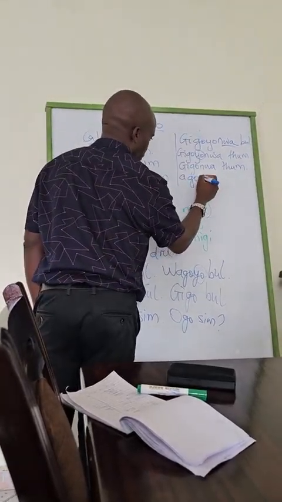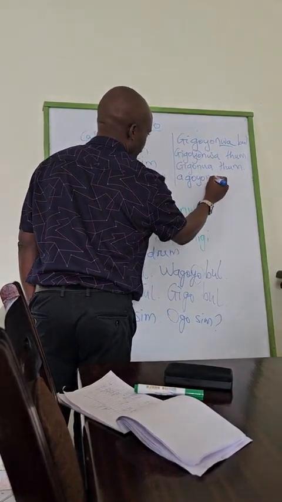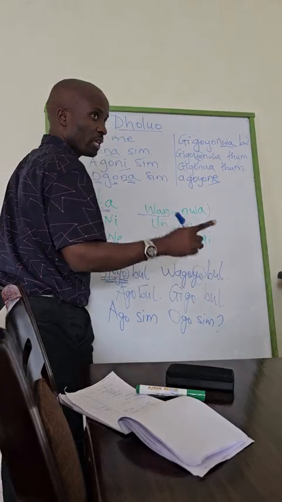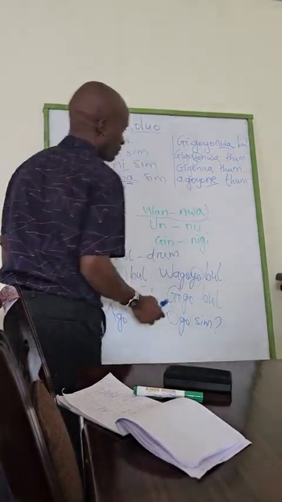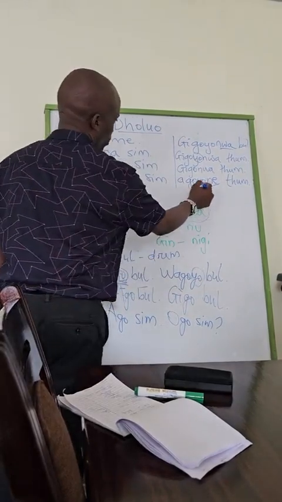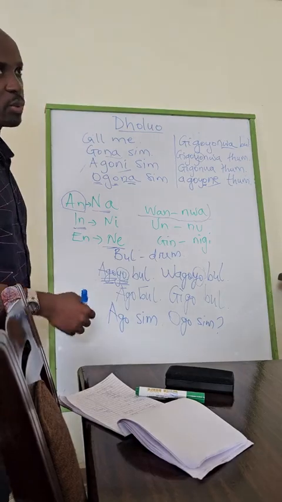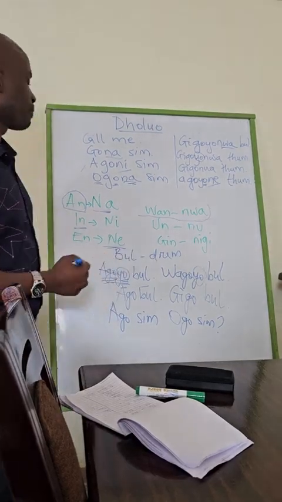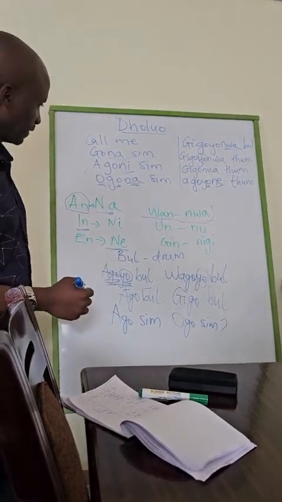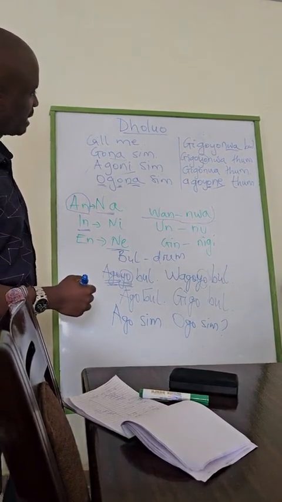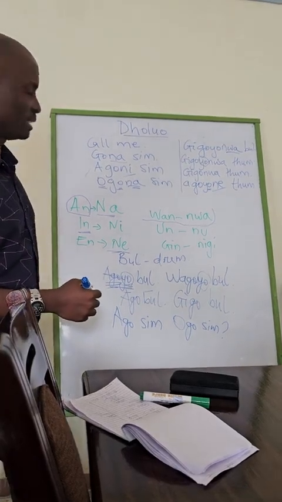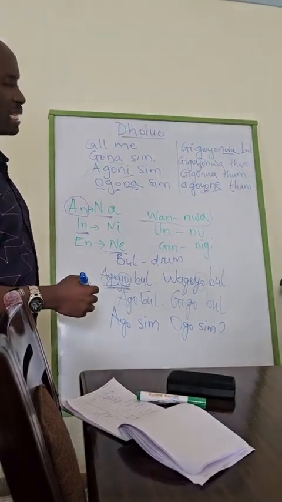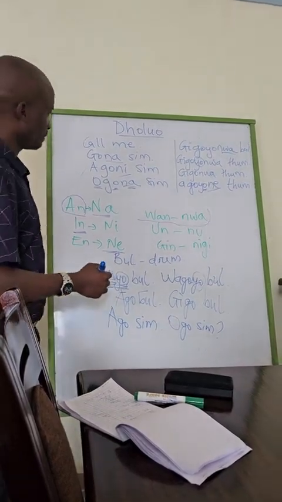Let's say I am playing for him music. "Agoyo ne". Ne referring to him or her, okay? "Agoyo ne thum". And as I mentioned, you can also leave out the "yo". So you simply say "ago ne thum". Okay? Is that clear? This sounds very technical, but is it clear? Kuna swali? You have a question?